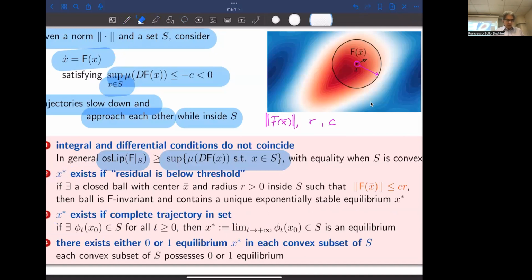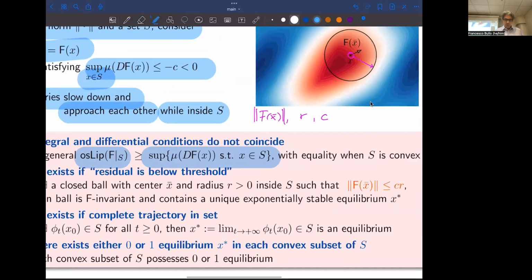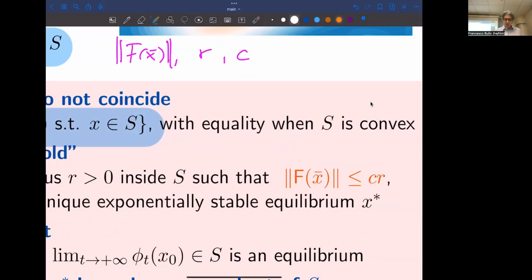Good things happen when the speed at x bar, maybe I'll call that the residual speed, you find a point, it doesn't move, is upper bounded by the contraction rate times the radius of the ball that you can fit. If this condition holds, then the good news is that